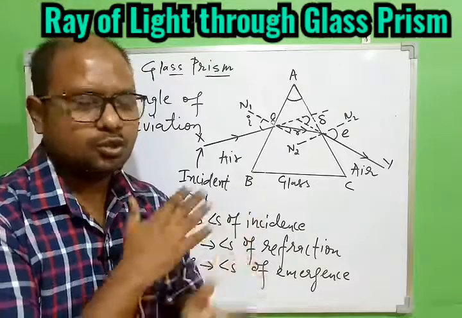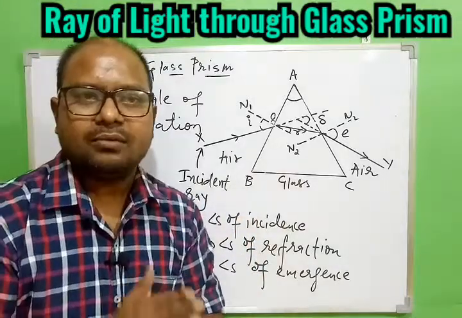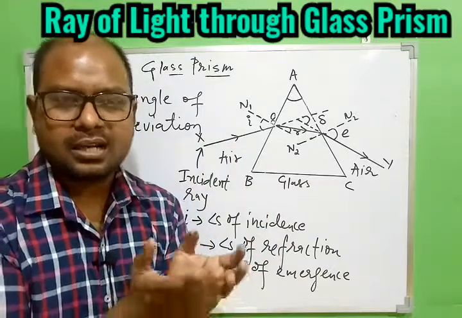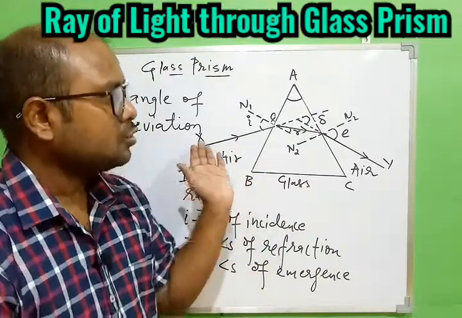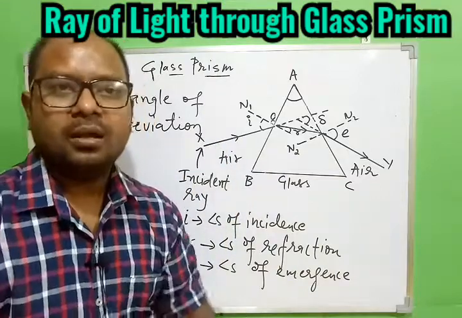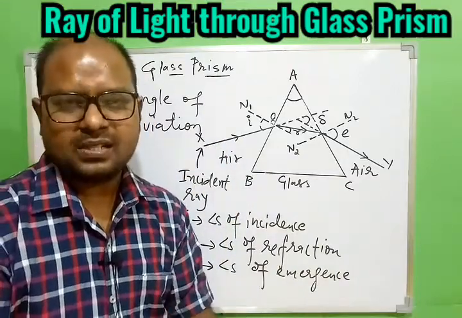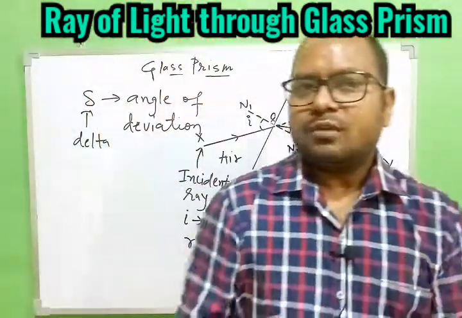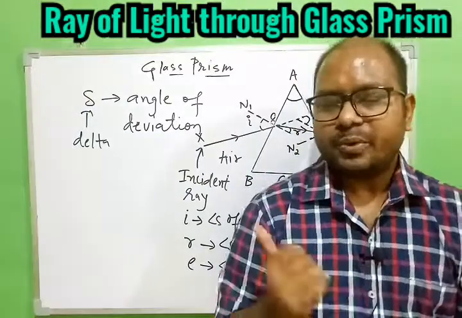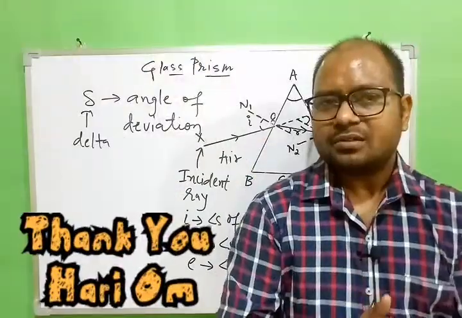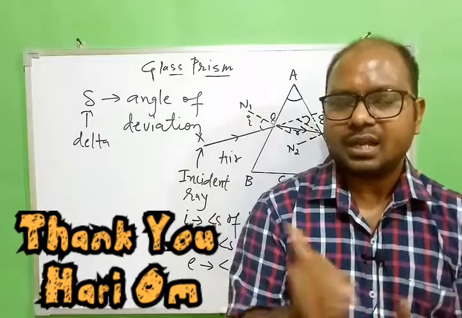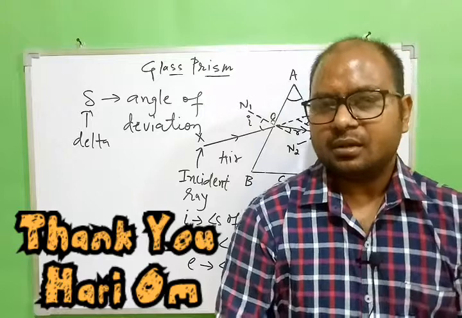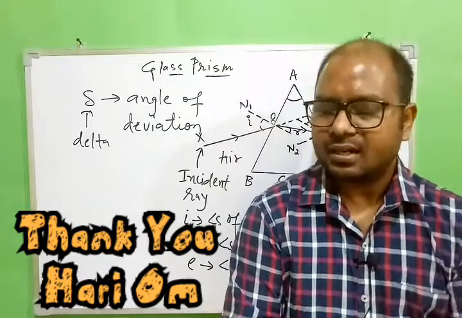In class 10th only we need to know this much, and in practical we will understand how to show the same thing with the help of the glass prism. That is, if the glass prism is given to you, how can you show the ray of light passing through the glass prism? By the activity or with the help of experiment that we did for the glass slab also. So that is all we have today. I hope you understood how to draw. You practice this diagram because it looks very simple, but most of the time students are not able to recognize the angles properly and they make mistakes in the paper. And how it can be done with the activity, that we'll understand in the practical class.